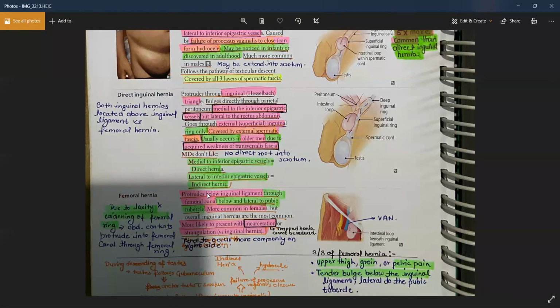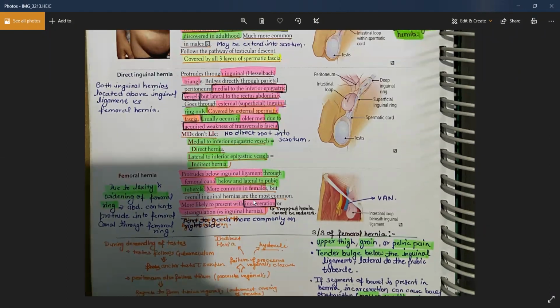Very important. And as you can see in the diagram, this herniation is always medial to the vein. This herniation is medial to the vein. Very important, they will ask you this. The herniation is medial to the vein. So it protrudes below the inguinal ligament through the femoral canal, and it generally happens because of a weakness